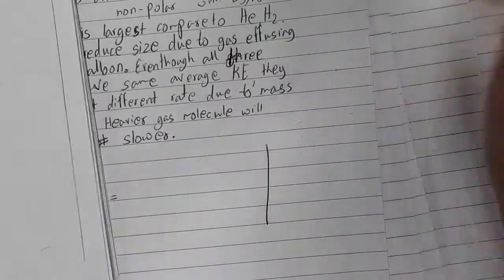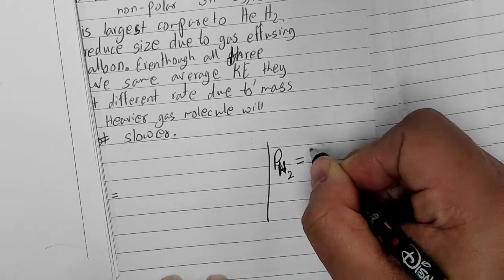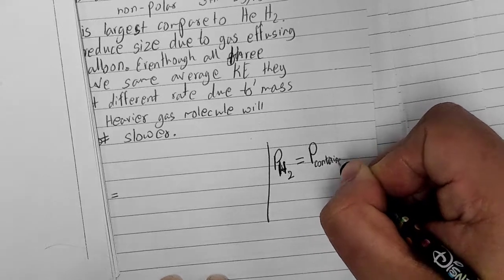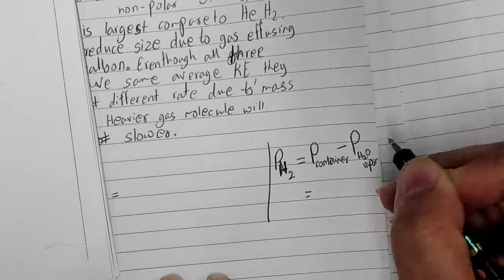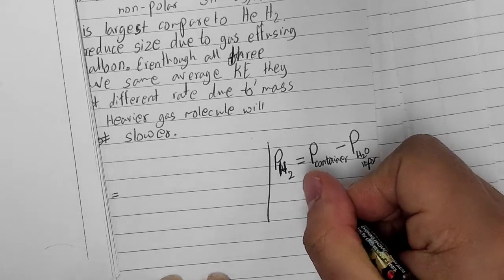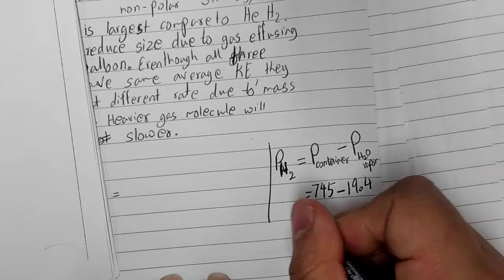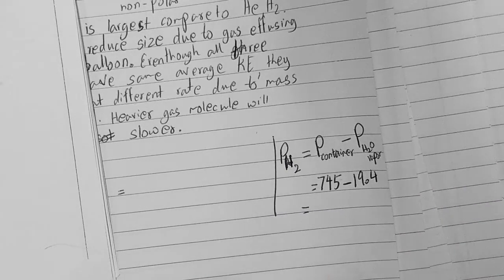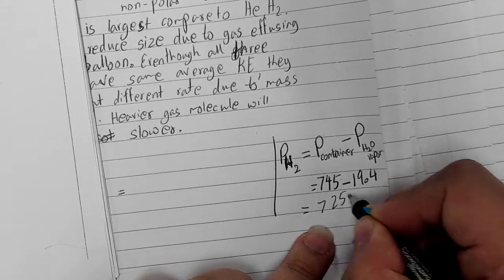So to find the pressure of the H2, you're going to do P of the container inside minus P of the H2O vapor. Okay, P of the container in this case is the same as atmospheric pressure, so using 745 minus the P of the water, 19.4. We're going to do this math on the calculator. 745 minus 19.4, and I get 725.6